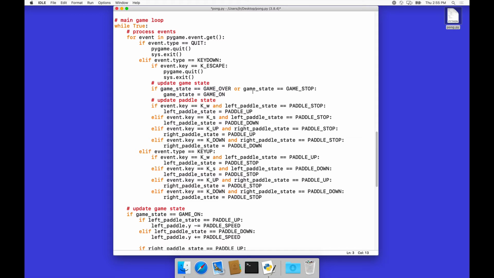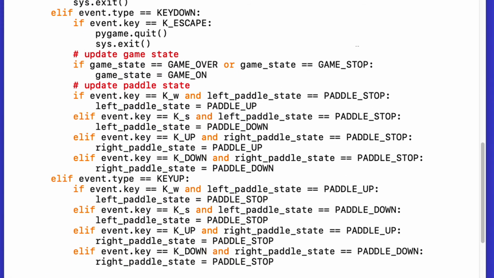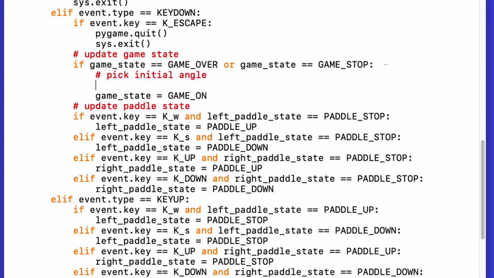In our update game state, if the game is over or stopped, before we enter the game on state, we're going to pick our initial angle. I'm going to pick the angle here, and it's going to be in radians, so we have to convert it from our original degrees,